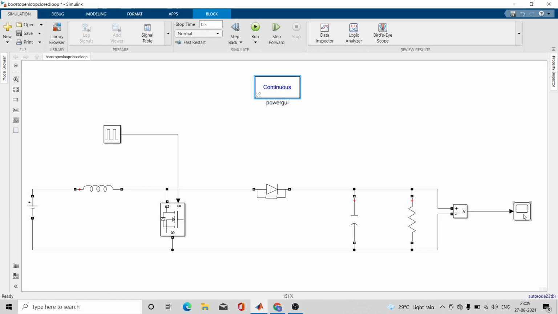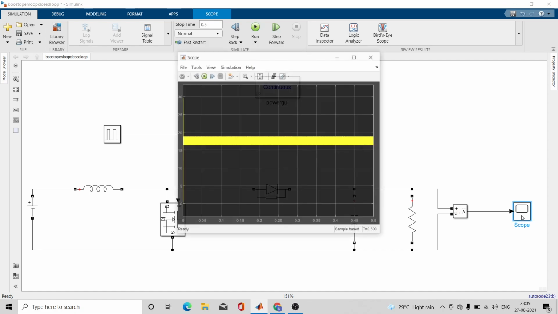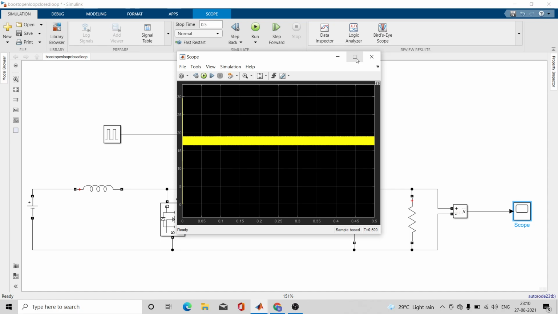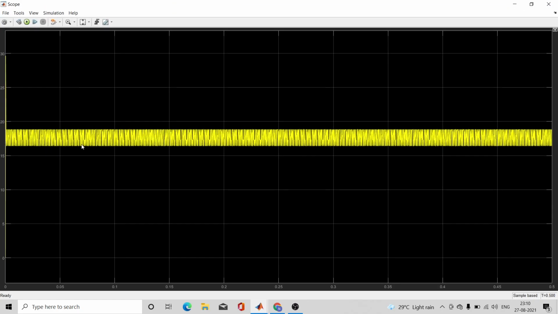Now it's okay. So at the output here you can see I'm getting the 18-volt output. As you can see here, this is 15, this is 20, and it is nothing but the output voltage with some distortions. This is a kind of distortion I was talking about. We have considered the assumed ripples to be less than 5%, but still there are some ripples over here, but you can see that the output is 18-volt as per our design.